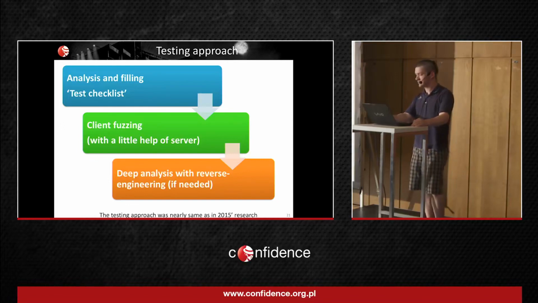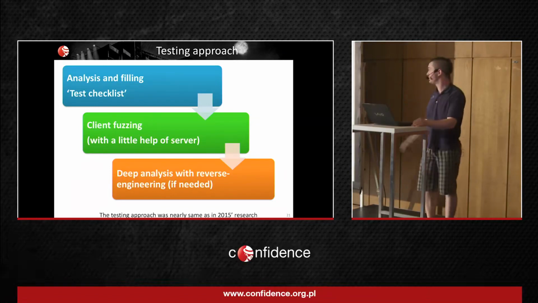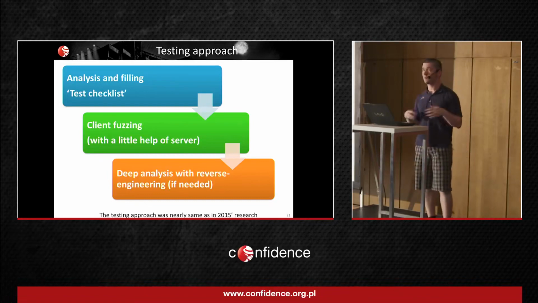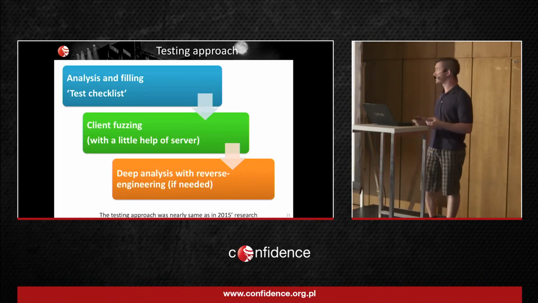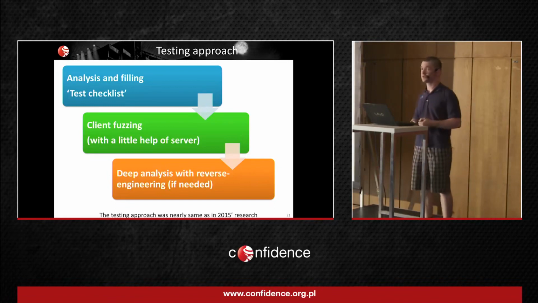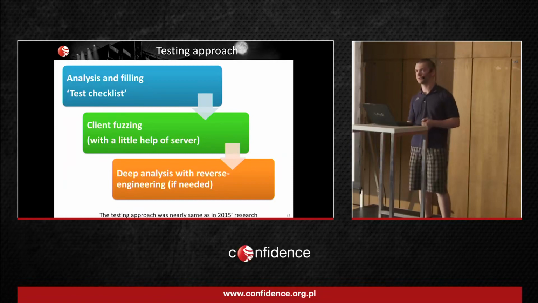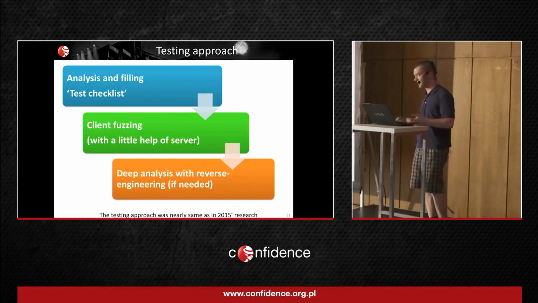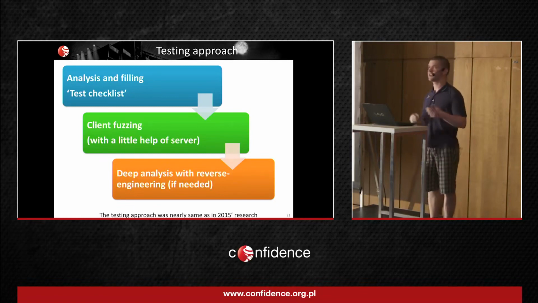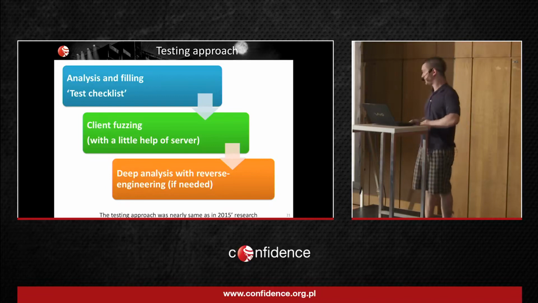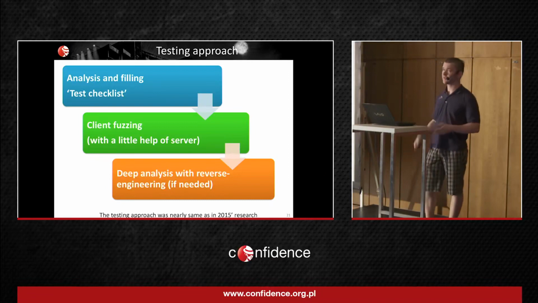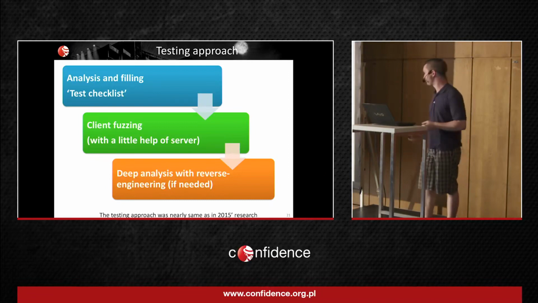After all this is done, we do some more specific research. If the application uses some binary protocol or one that is hard to reverse, we do some fuzzing. If the application stores some data on the SD card, we try to replace these files with randomly generated ones. After that, we make a deep analysis of the application with reverse engineering, trying to understand how it works and how it can be influenced by an attacker. So in most cases, the testing approach remained the same as it was in 2015.